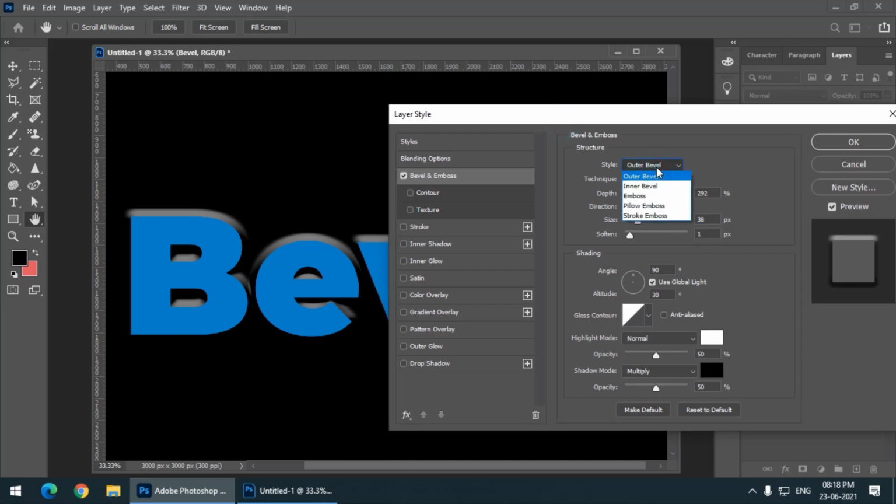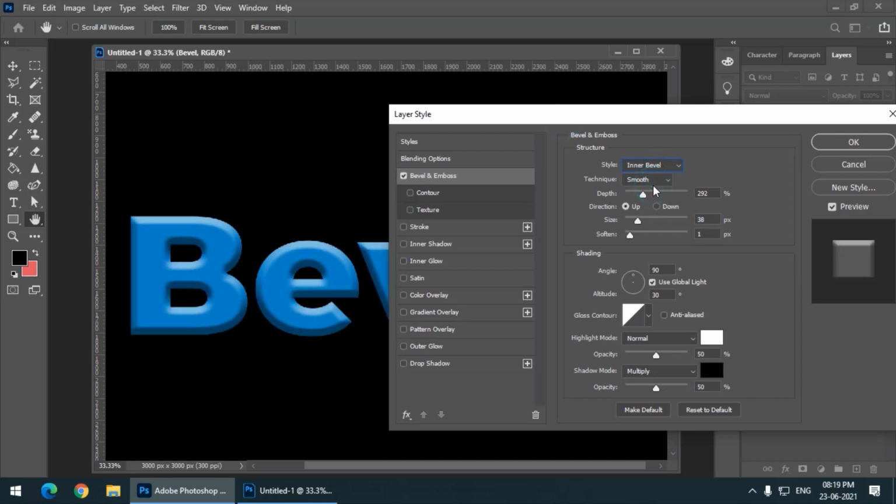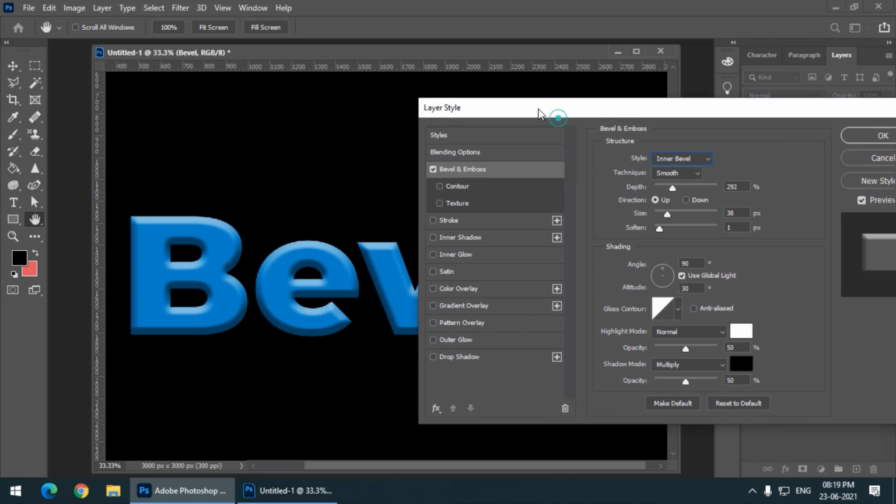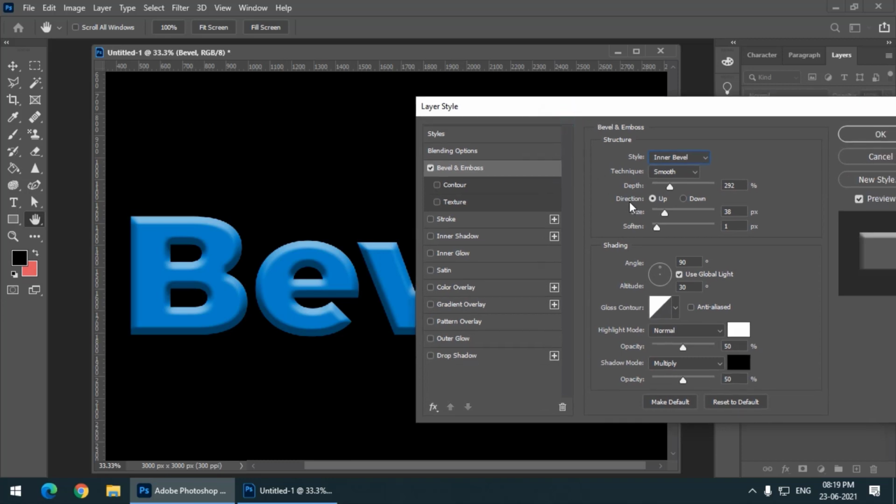Now at the second number we have inner bevel. As its name suggests, it will be applicable inside the text. So if I change the depth value, you can see the difference. Again, I am changing the size, so the change in the effect will be drastic once I change the size value like this.